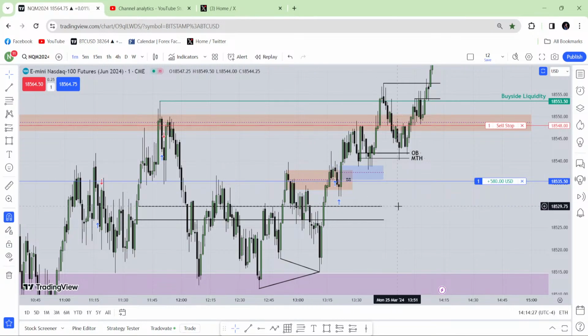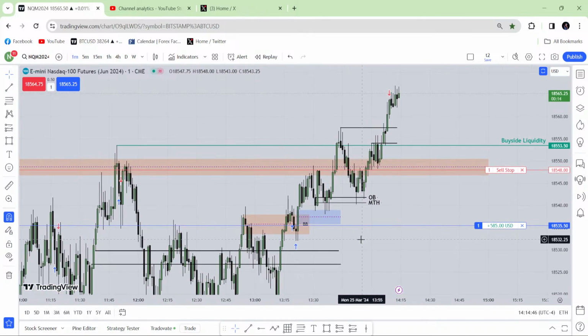I put my stop loss. First I put it below this. See this fair value gap? I put it below here. Later when market went higher above that breaker block, I put it below that low. I was curious whether the market would love to trade that fair value gap or not. I was very conscious about that. That's why I put my stop loss a little bigger, and then I actually trailed my stop loss.